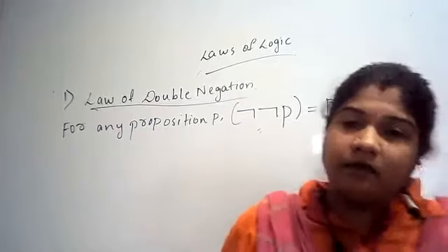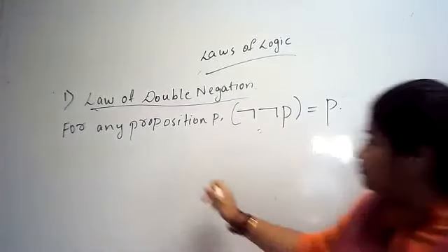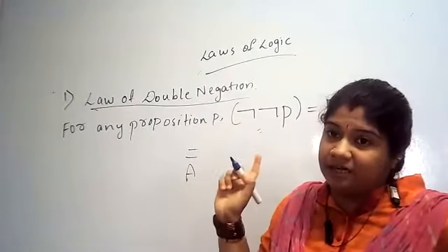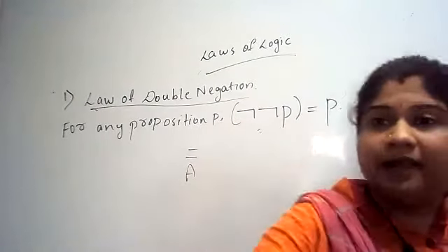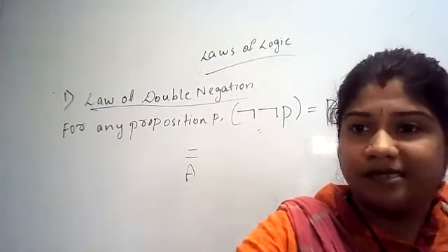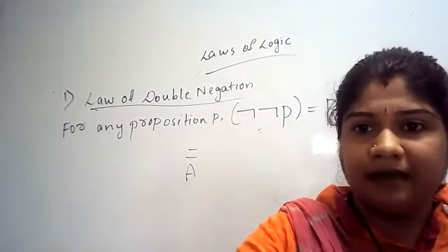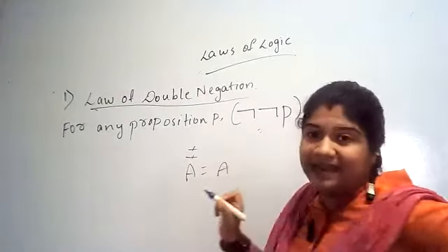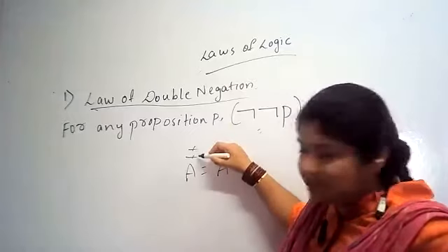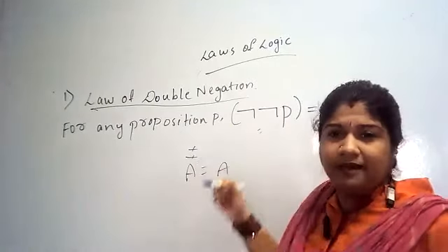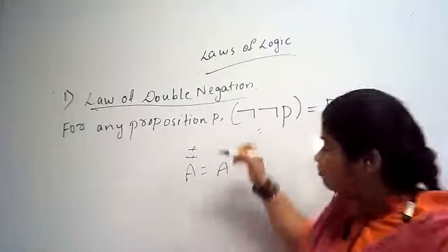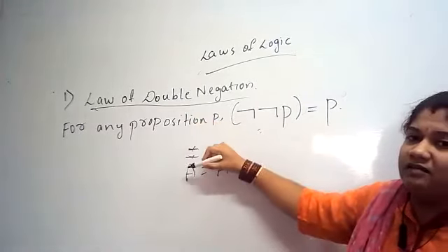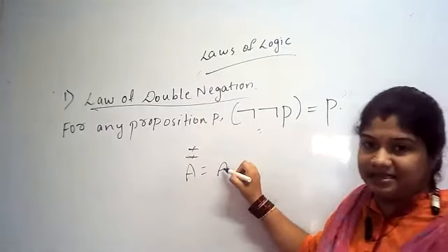If you remember, we have seen in digital logic, for example, what is A double bar? Two bars are there. A double bar, the bar and bar get cancelled, and we get A. This is double negation. What is bar actually? Negation, the NOT gate. So here, in double negation, these two get cancelled. Finally, whatever the variable is, we keep it as it is.